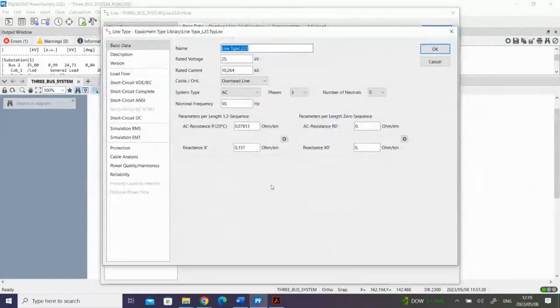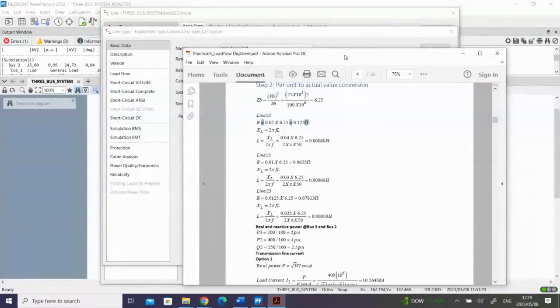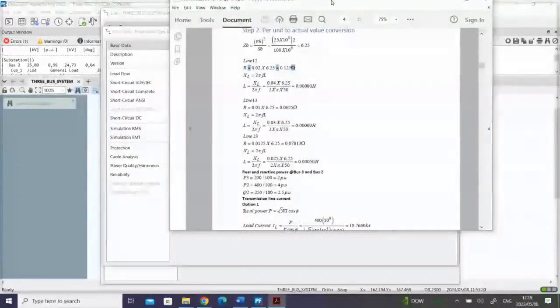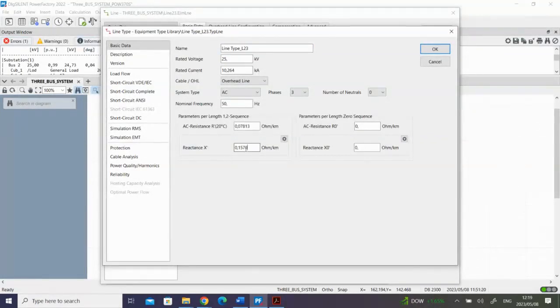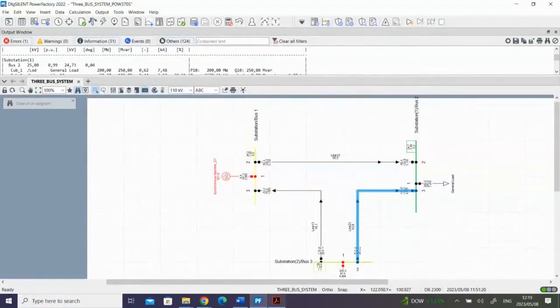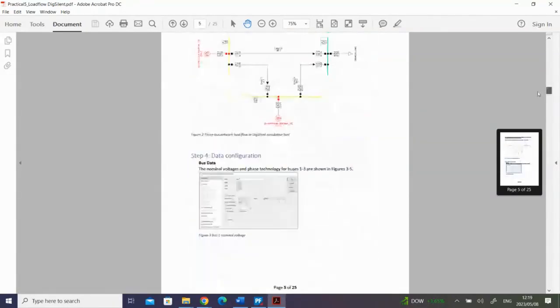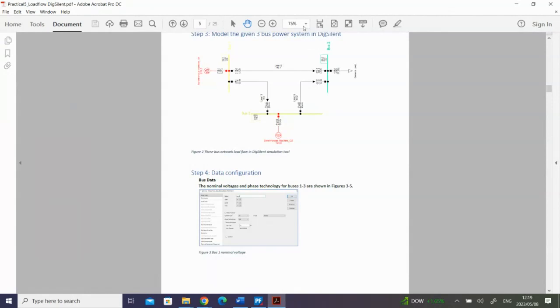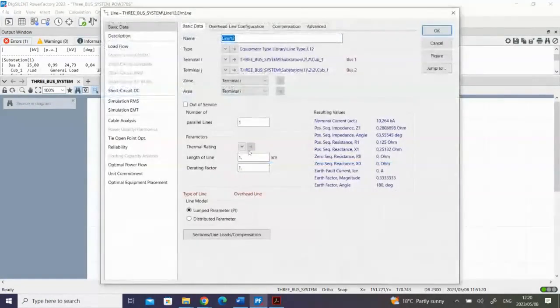And 2 3, because this is 36 percent, this line is loading 46 percent, but here I see it is 30 percent. Unless I change this current to 4 kiloamps,